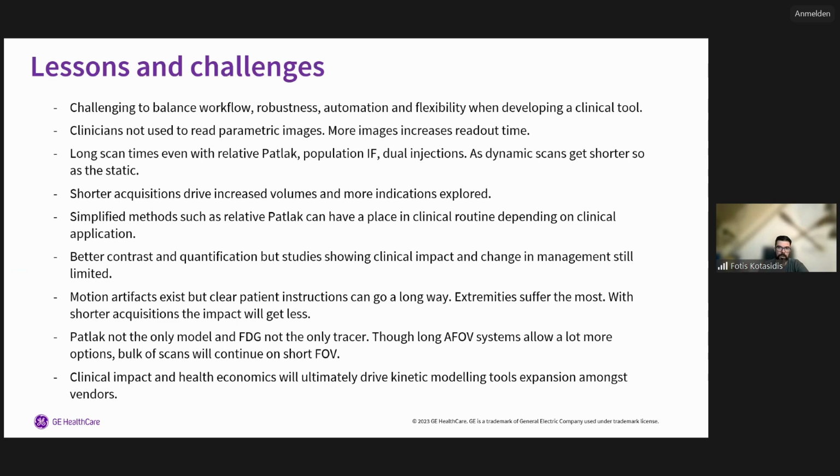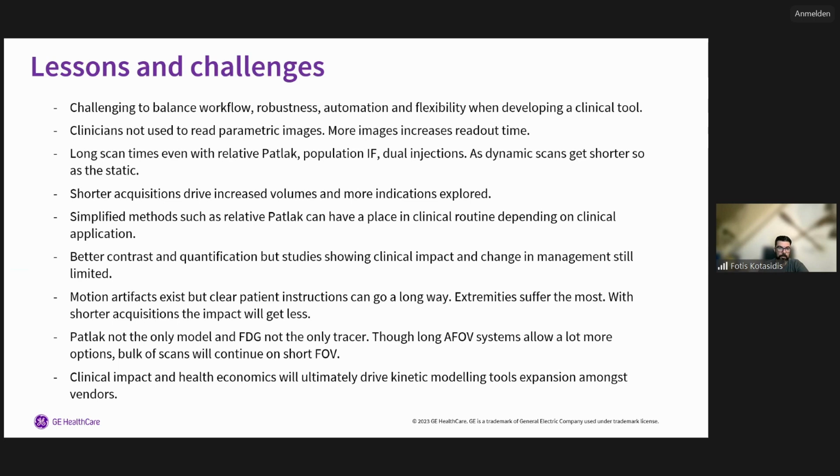With the long field of view systems, acquisition will get shorter. But as dynamic acquisitions get shorter, so do the static ones, so we always have to compete against the static acquisitions and try to show the added value that the dynamic images bring to the patients. With short acquisitions, this will also drive the volumes of dynamic acquisitions up, so we'll be able to explore more indications. We also think that